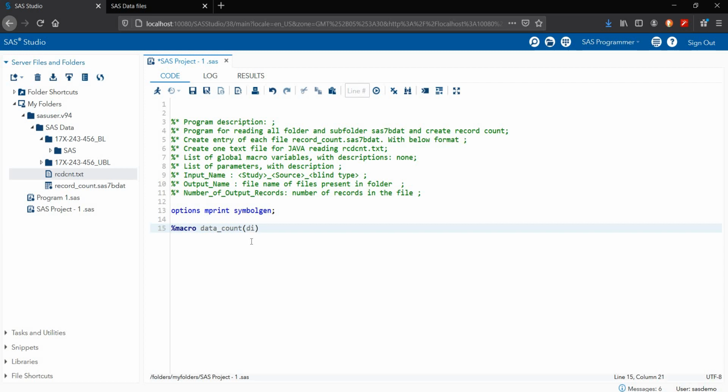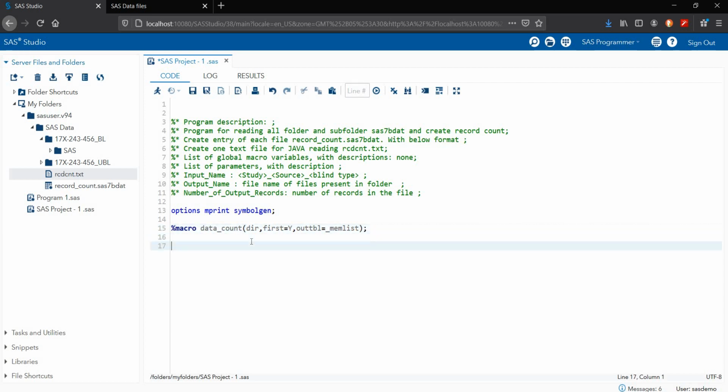I'm passing some variable parameters here. First, dir for my directory, then my first variable, then we have the out bl, then we have the list.